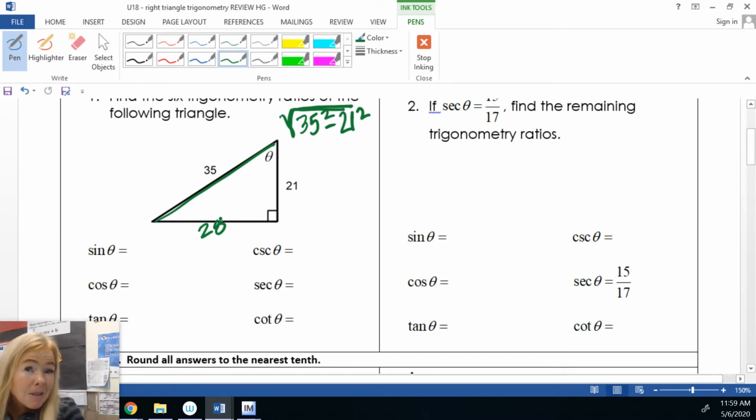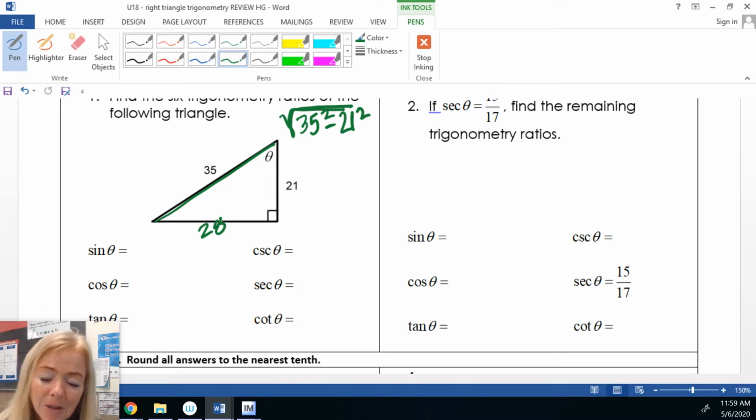Now, I'm going to do a little trick that I didn't show you before, but I think after you practice, you might be able to handle it better. Every single one of these numbers has a common factor of 7. So whenever we take a sine, cosine, cosecant, secant, tangent, cotangent, we're taking 2 sides, and we're going to immediately have to factor out a 7 from both top and bottom. So even though I know the sides of the triangle are 35, 28, and 21, I'm just going to divide out a 7 and just write